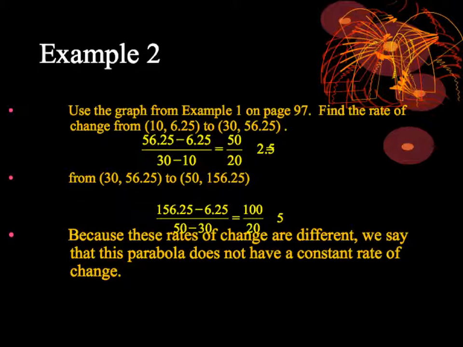So as we learned yesterday, what we need to do is just take the difference in our y's over the difference in our x's. So that's exactly what I did. I took my y's of 56.25 and 6.25, and I subtracted them, and then I took my x's in the same order, 30,